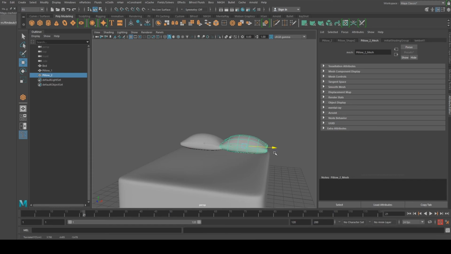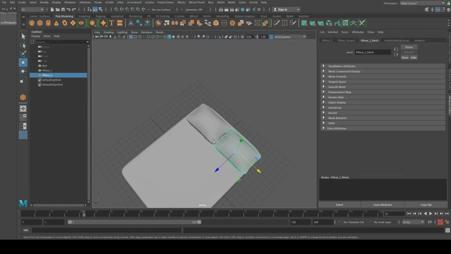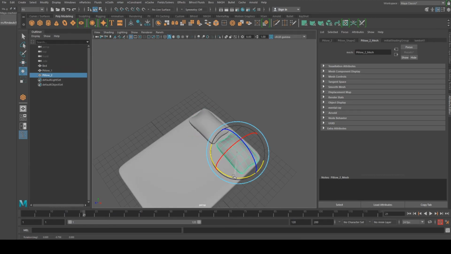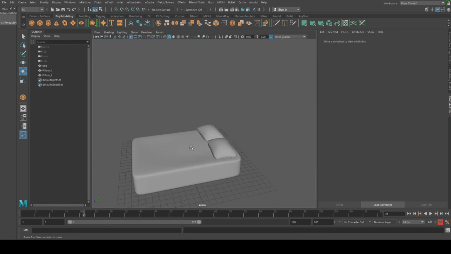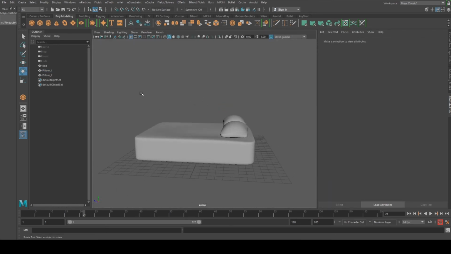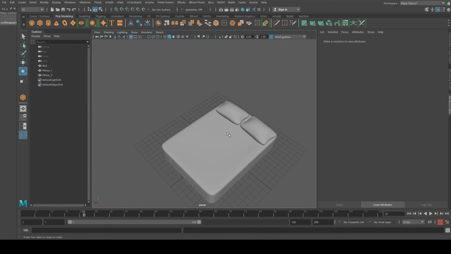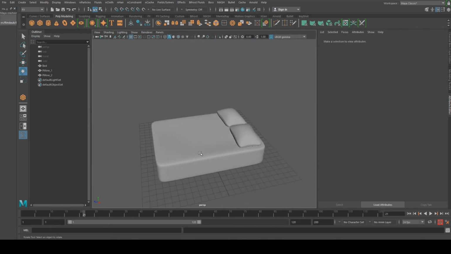Hit Control D to duplicate that. Let me just scale these a little bit more. Twist this one a little bit. Something like that. And now, I think that this is fine. And now we're just gonna create the blanket. Just gonna go to